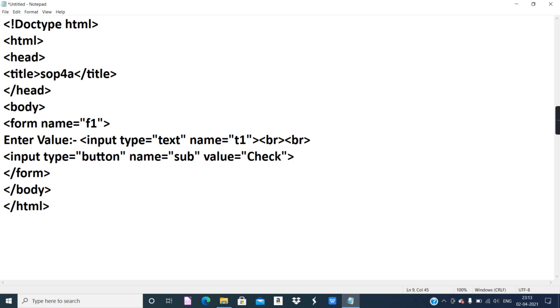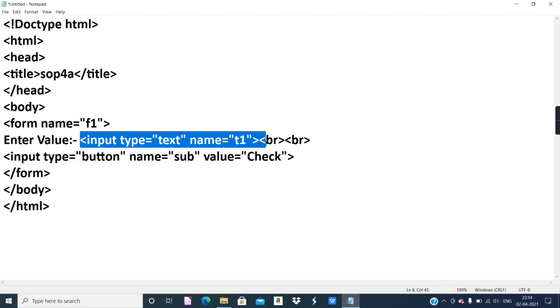So what should happen? Exactly how it is given in the output, enter value. I gave the text exactly like that. First of all, the basic structure of HTML and form. We have done creation of form in HTML already. I gave a name to the form. Here it is important: for event-driven JavaScript coding, you must give a name to the form. This is important, you will know why later. As per the question, enter value with a colon and a dash, as it is given in the question, and the value will be accepted in the text box.